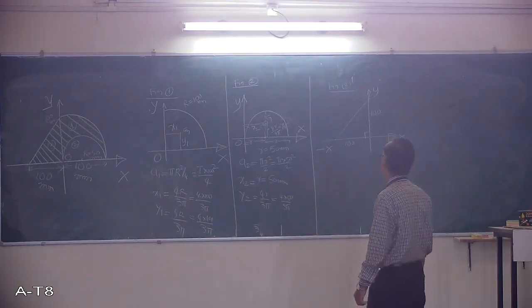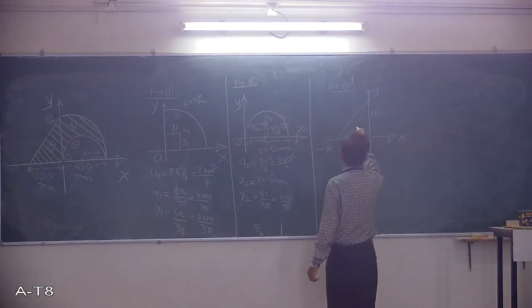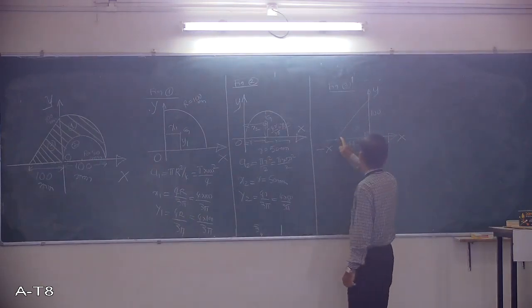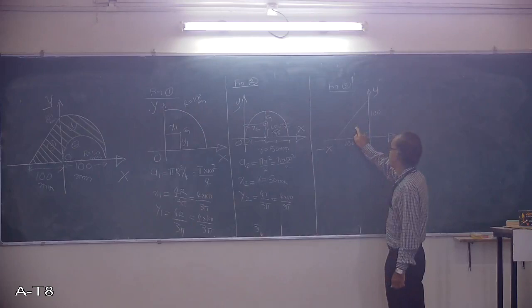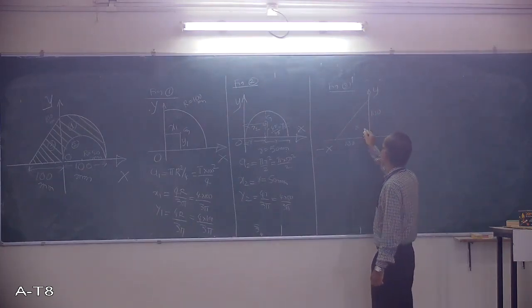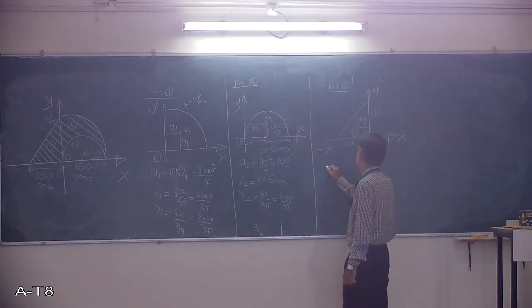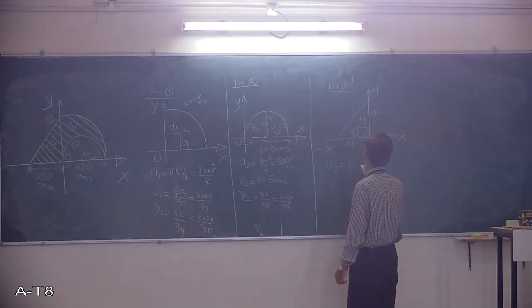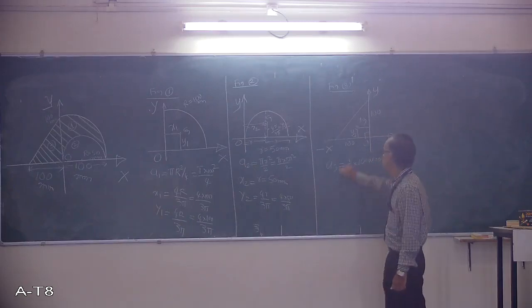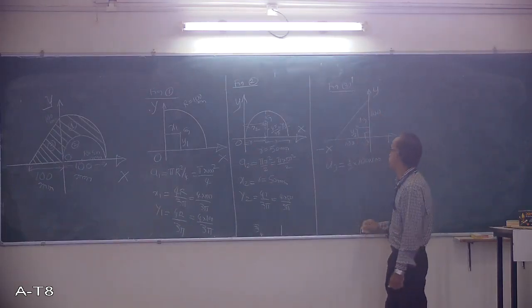So then the centroid will be at this point. From the tip it is 2/3, from the base it is 1/3. Similarly, from the base 1/3, so this is the origin point. So this will be x3 and this is y3. Then if I write here a3, half of base into height, half of 100 into 100, 100 into 100.